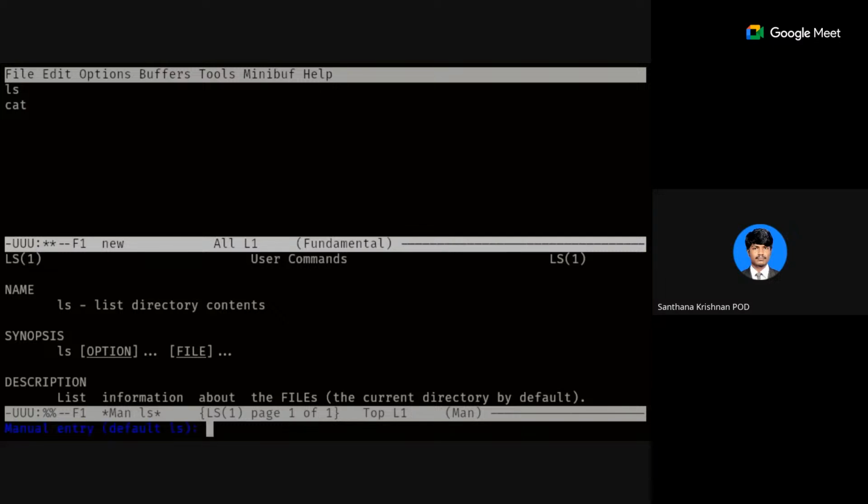It will default to the cursor, I mean, whatever command is under the cursor, and it will show you the man page in another window. Actually, I'm not very familiar with Emacs, so I forgot the key bindings for switching from one window to another. In Vim, it's Control W and then whatever direction you want.